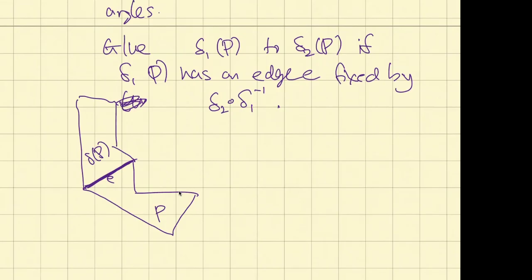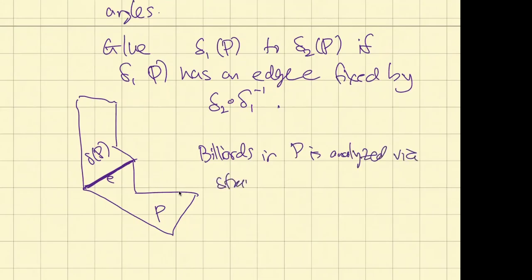You could think of these polygons, I've drawn them as if they were adjacent, but everything is well defined up to translations. So just move them for visual purposes, think of them as being separated some distance, and you identify those two edges to each other in the way that we've described. So this collection of polygons is finite and all edges are paired up, and we got a translation surface from this construction. And what's the relation to billiards? I'll write it down and then show you a slide. Billiards in P is analyzed via straight line flow